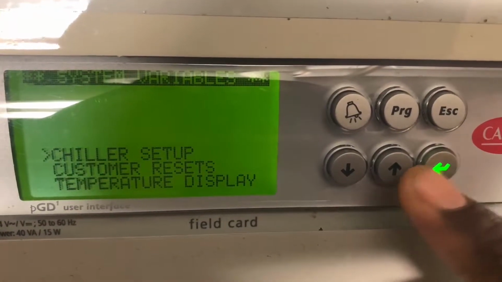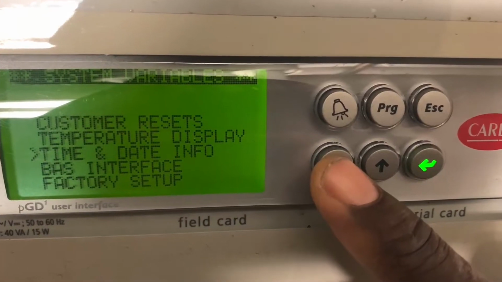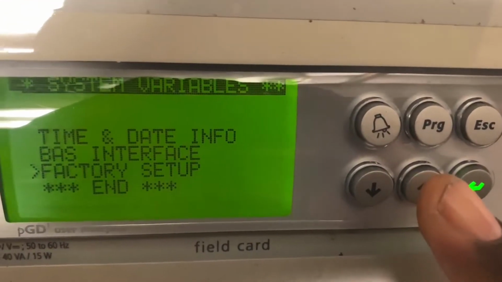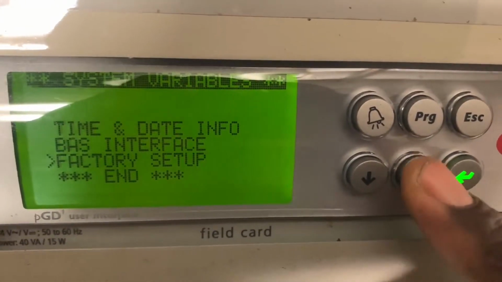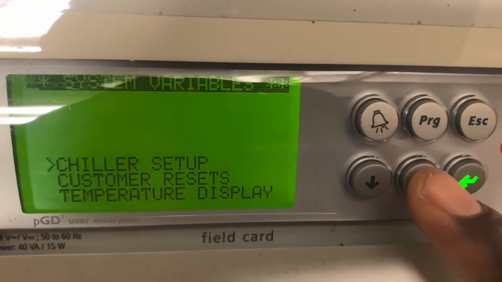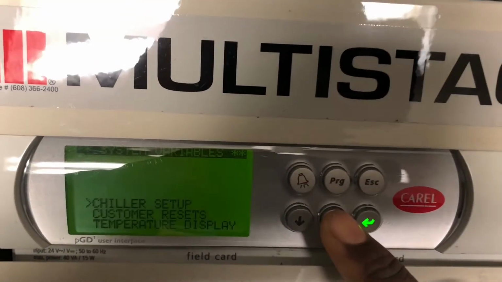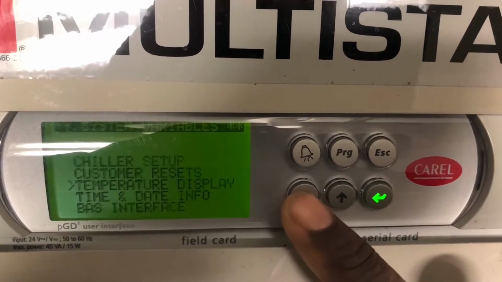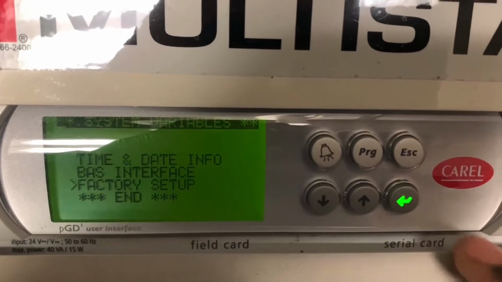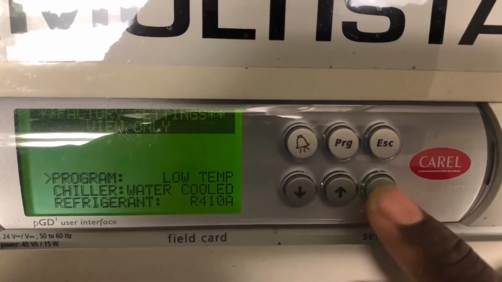Let's enter into that, and we're going to scroll down to factory setup. All right, because there's not much you can do in the chiller setup in this menu. It's limited what you can do in that menu. So we got to go into the factory setup, right? So we scroll down. So we're at factory setup. Press enter. Now if you try to make a change,